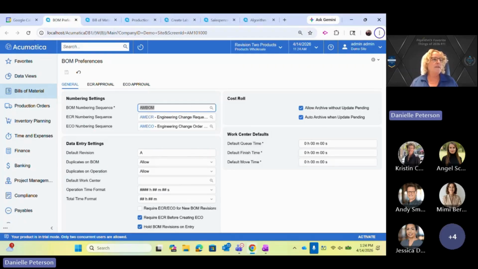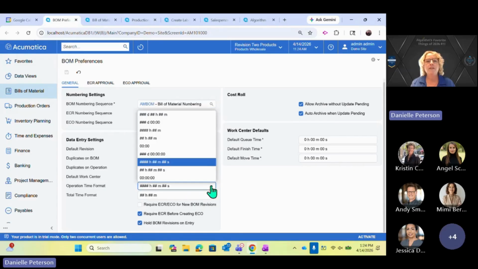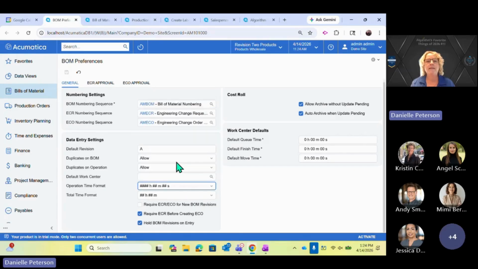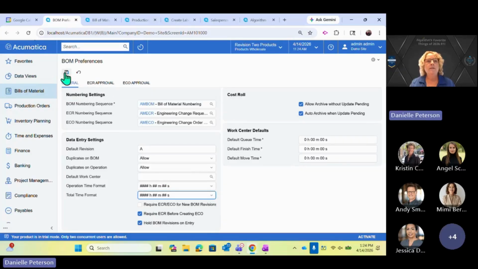All right, so a couple things that you need to know about getting set up for production in seconds rather than minutes is that you'd have to start out on your BOM preferences. So go to your bill of materials and then select BOM preferences. And the settings that make a difference are this operation time format, which you can change here. You see they have the seconds added in. And then down here, the total time format, if you want to choose the same one, make sure I change it to the same thing. And then when you hit save,